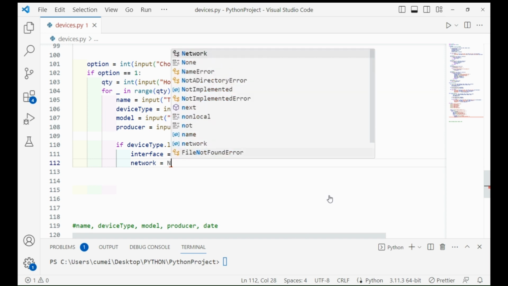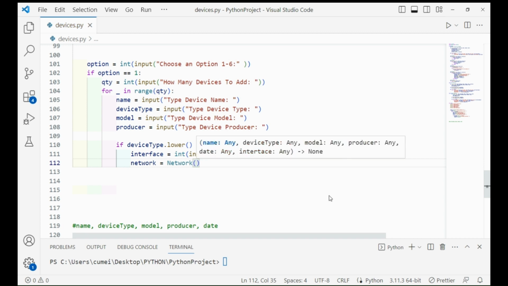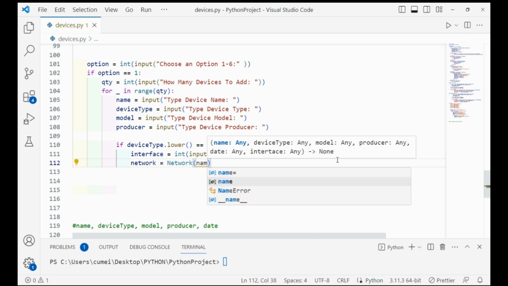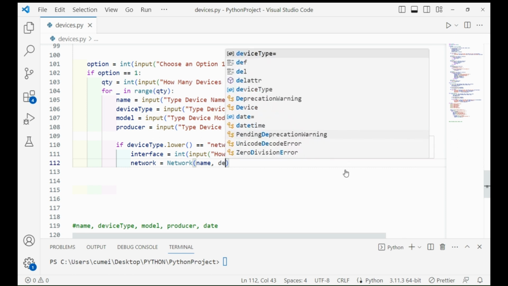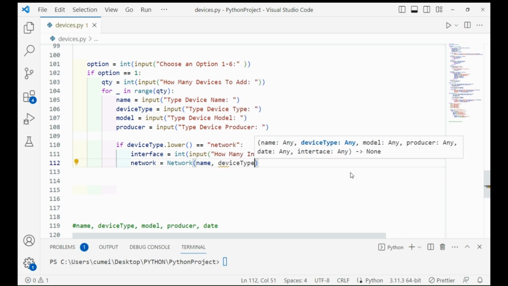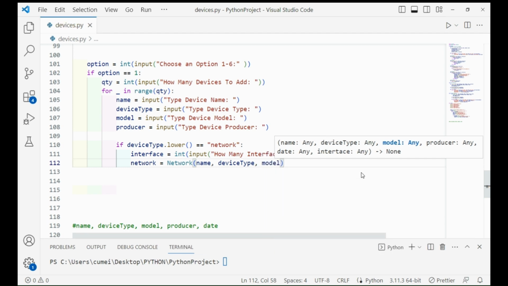So now what we do, we call network here, and then we record all the information that the user has just provided. So what has the user provided? So the user has provided name, provided device type, user has provided model, has provided producer,